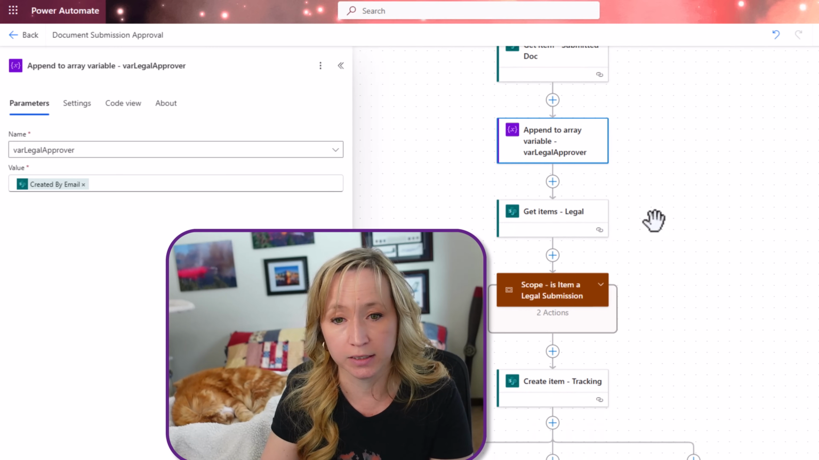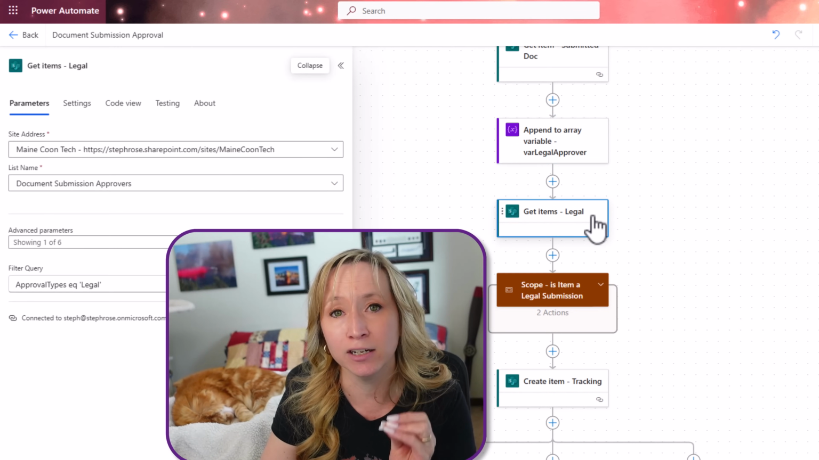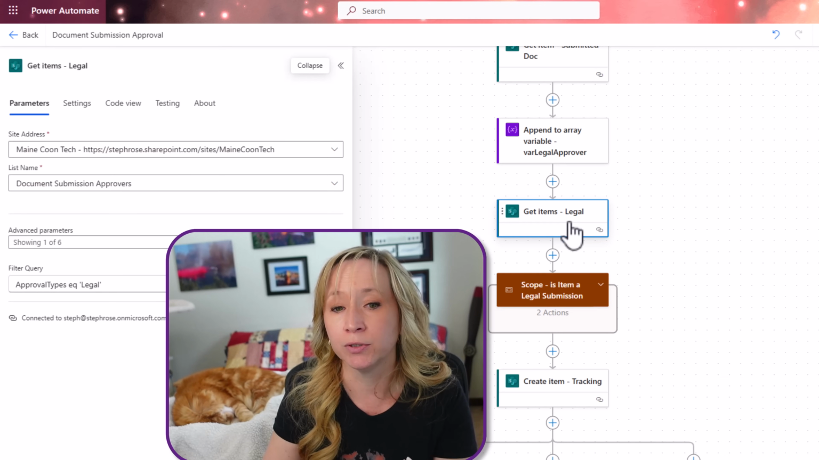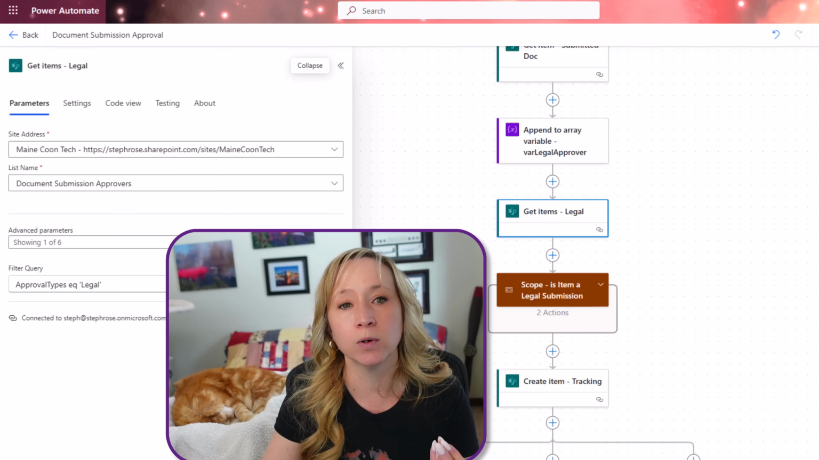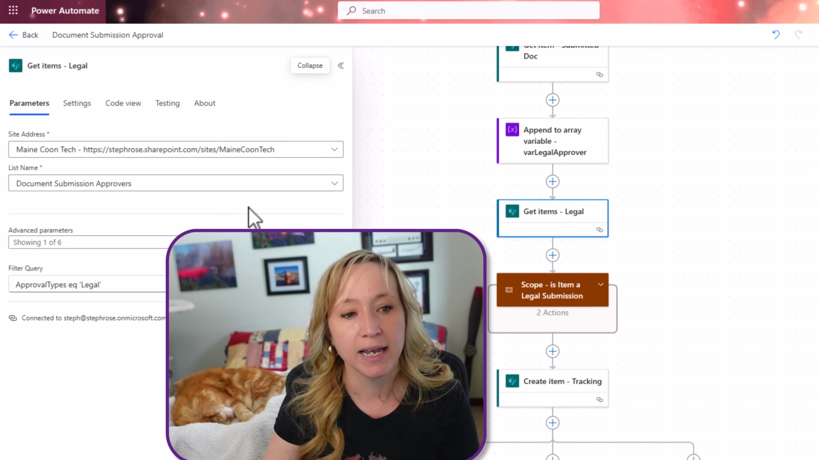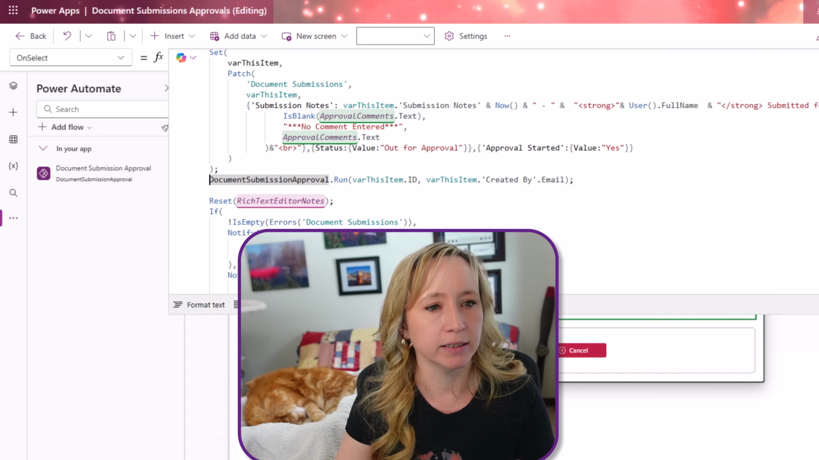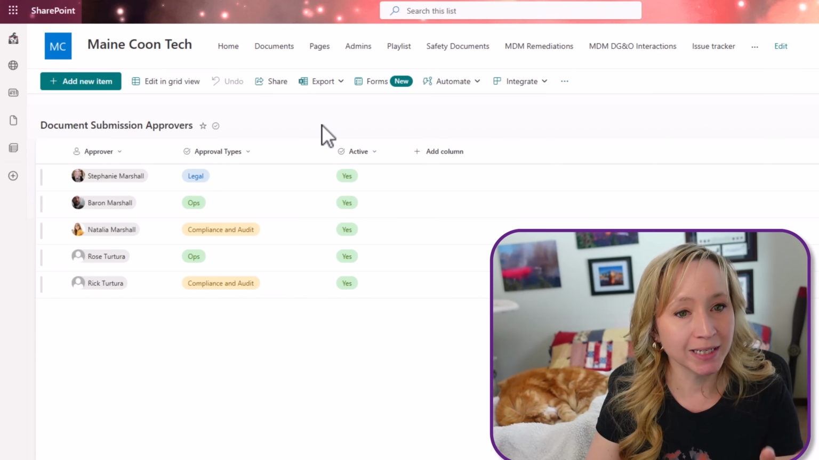You may or may not need this. Then we're going to get items. Remember I said get item versus items. What we're doing here is we're going out to our approvers list, and I'm filtering that approvers list by the approval type equals legal. So if we go back and we look at that list, we are going to this